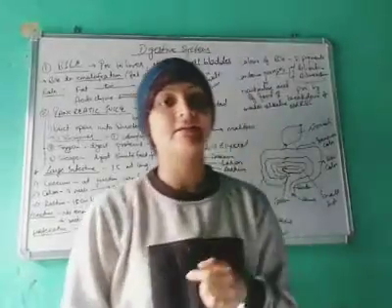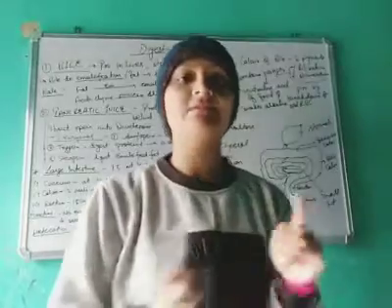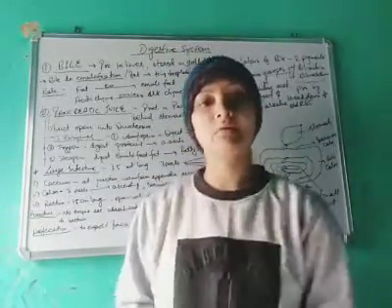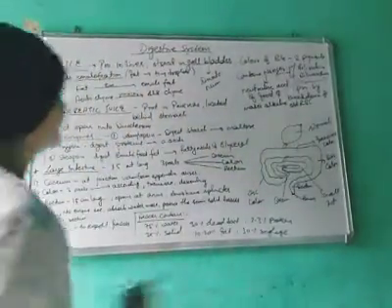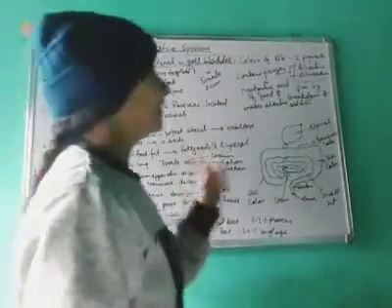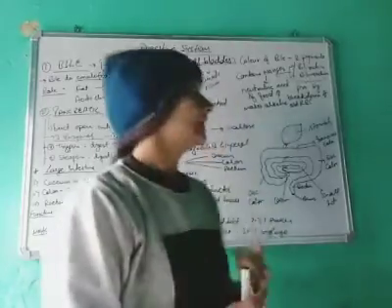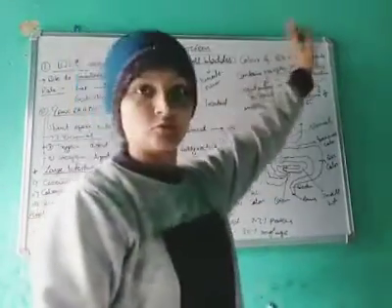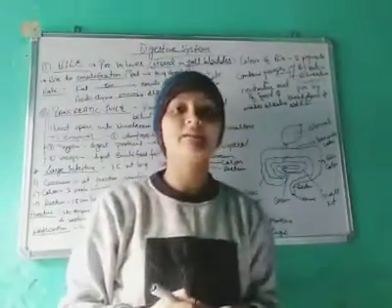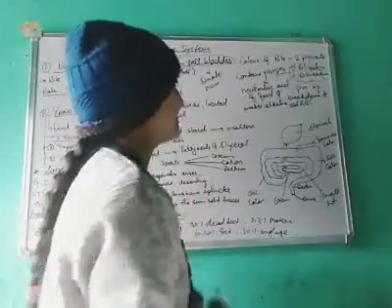It is either directly poured into the duodenum part, or it will be stored in the gallbladder, and then poured into the duodenum part by the gallbladder. The color of the bile is yellowish. It's due to two pigments, bilirubin and biliverdin. Due to this, the color of bile is yellowish.